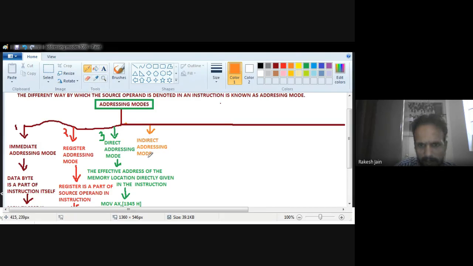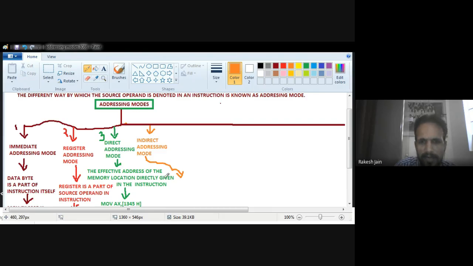In the beginning of this addressing mode, I just write down here because of the length of the space. So in case of indirect addressing mode, the addressing mode allows the data to be addressed at any memory location.